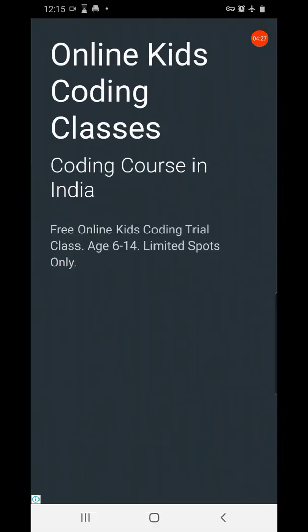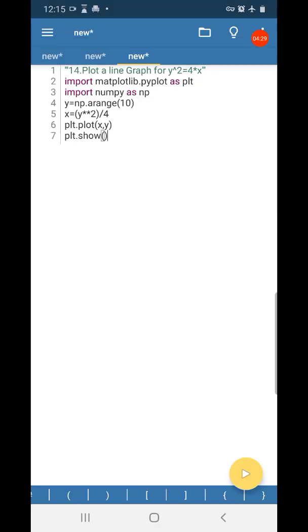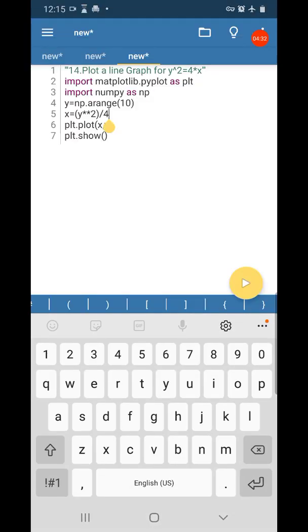So let us just print this x and y. Let us see the values of x and y. Print x, print y.